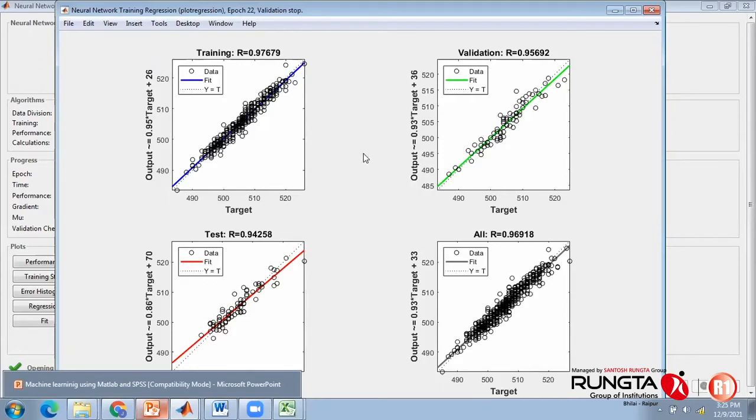Obviously, after going through the details of a neural network, I've explained everything. So my question is: this R will be final at 0.96? And the MSE which we have faced, 4.56 something, is the final one? Can I produce results in a research paper or PhD thesis based on this only, or is there any other option?